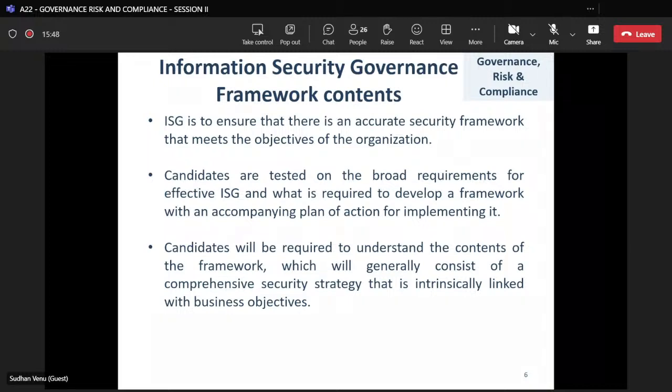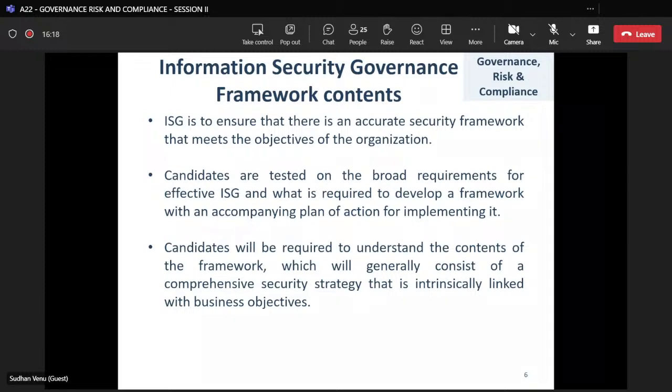So here is the ISG framework content, which is for an accurate security framework that meets the objective of the organization. If you are implementing the ISG framework, it should be an accurate security framework in order to achieve the objective of the organization, and the candidates are tested on the broad requirement